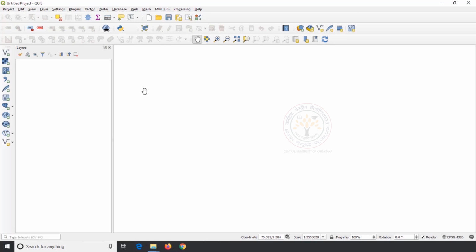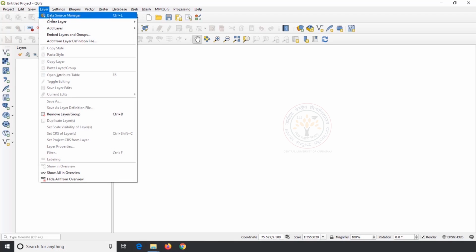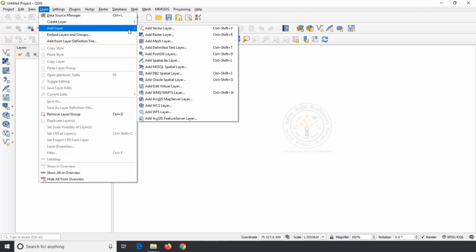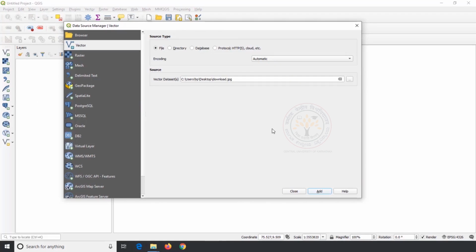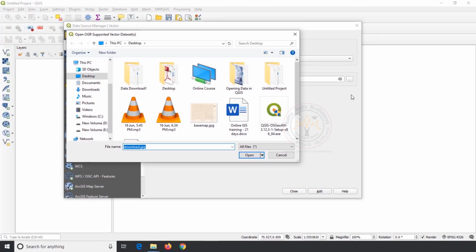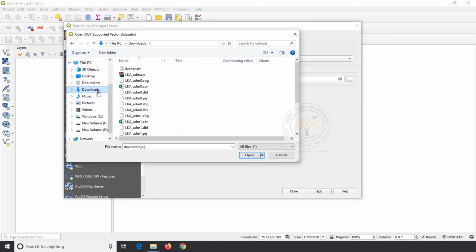Next we will open the downloaded vector layer in QGIS. To open the vector layer, click on layer on the menu bar and click on add layer. Then click on add vector layer. Now we can see a Data Source Manager vector pop-up window. Here click on browse, which is located at the right side of the vector dataset box, and go to the specific folder where we have saved our data. In my case, it is saved in downloads. So I go to downloads and click on